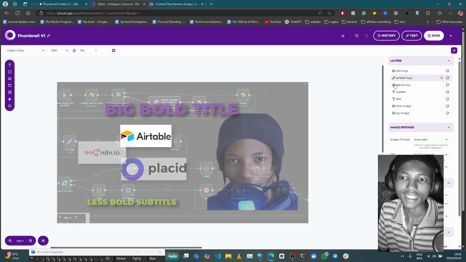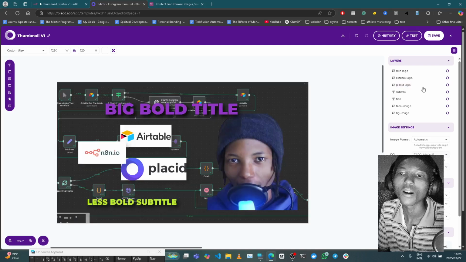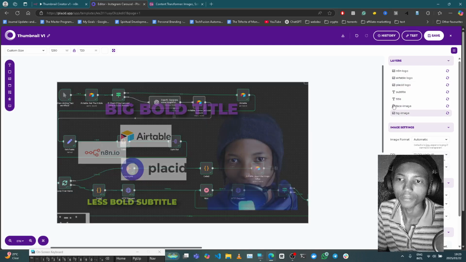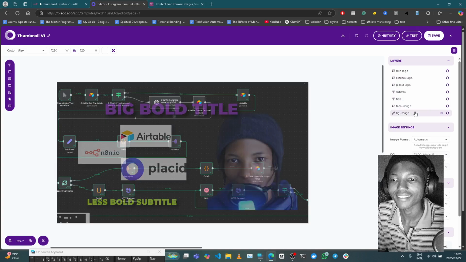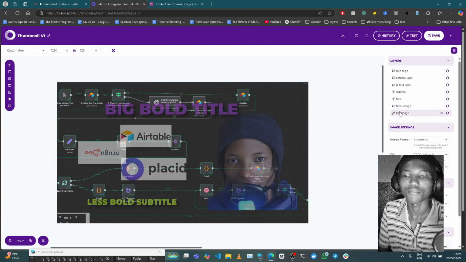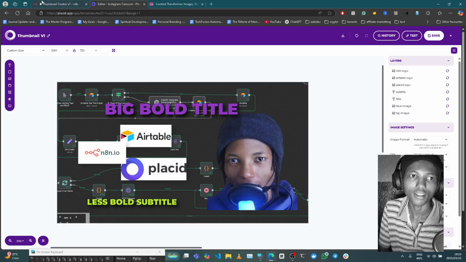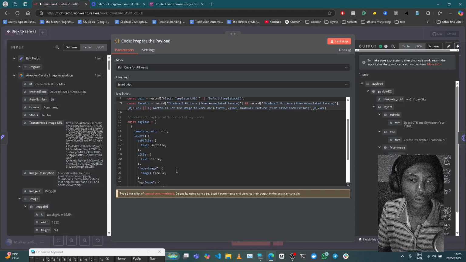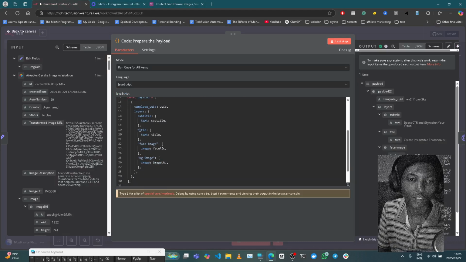And I set these names as definite, so n8n logo, Airtable logo, Placid logo, because I was not going to change them. But for this subtitle, title, face image, background image, they're going to change, and that's why they're generalized, and these are also the ones that you'll see in here. Background image, face image, title, subtitle,